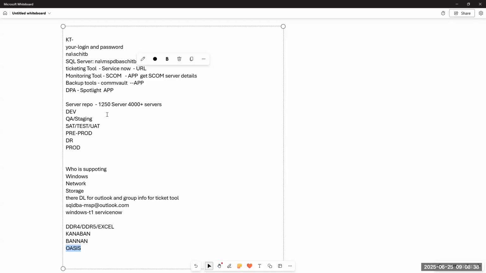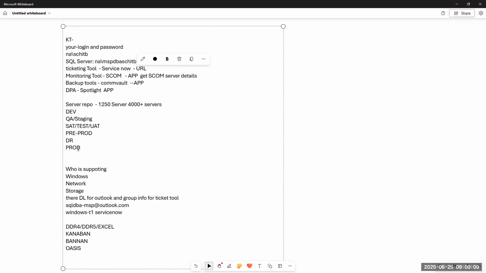Those are the total number of servers. Initially we started with around 4,000 servers, all non-prod servers only. Later on we got the production servers. Out of 4,000, almost 1,500 to 1,600 servers are production servers, sir, and the rest are dev and test servers. Always, see, dev, test, prod will be distributed equally.